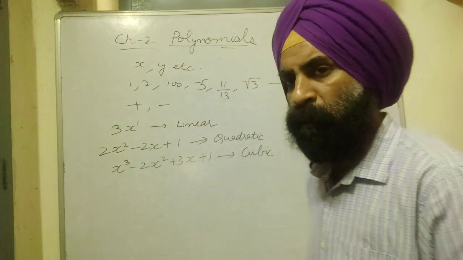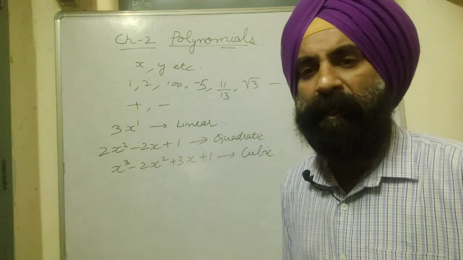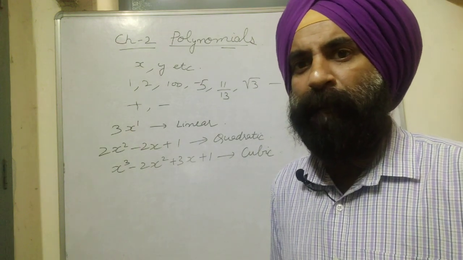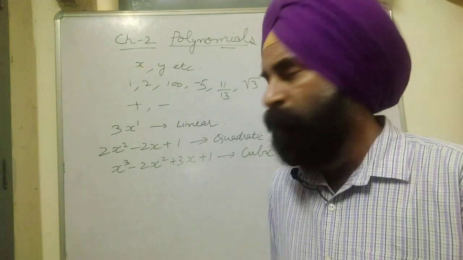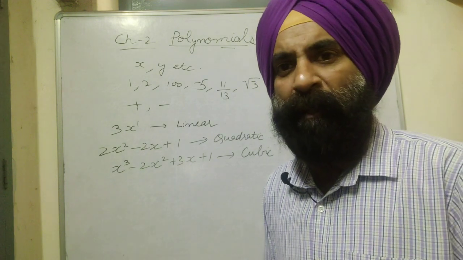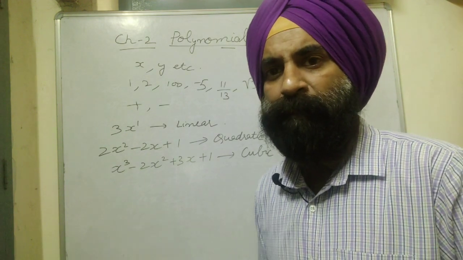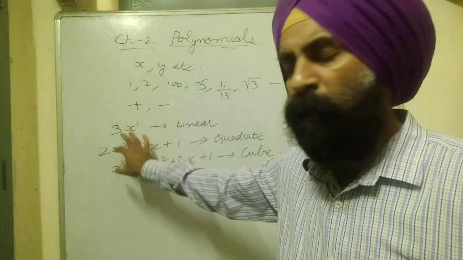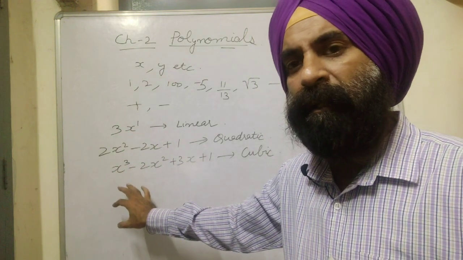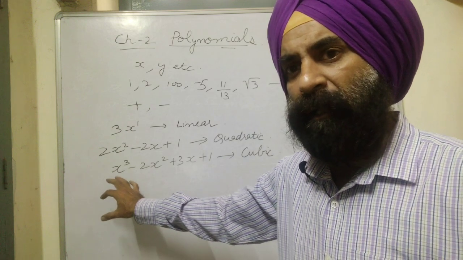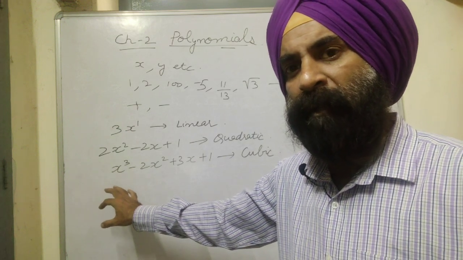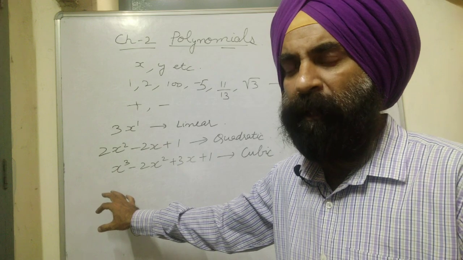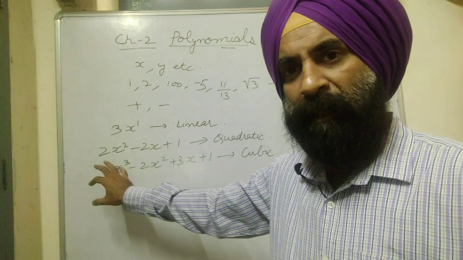Now if you choose a polynomial like this and continue in the same manner, we can name it in many forms, but commonly we call them a polynomial. So we need to know only 3 types in class 9th and 10th. The rest of the parts we commonly name as a polynomial itself.